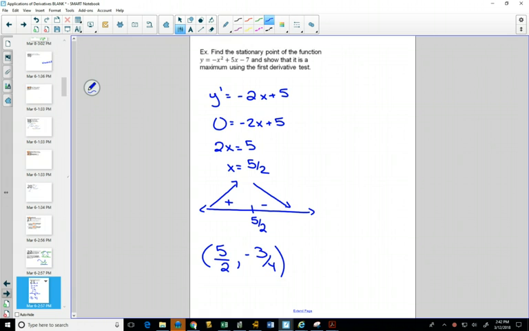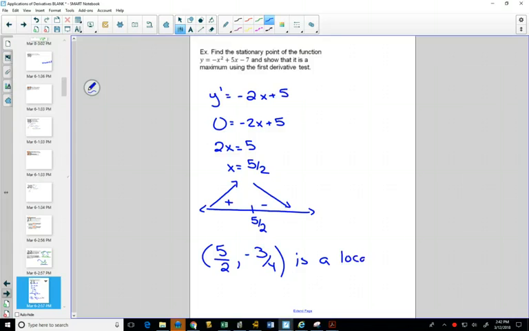Yes, but there's a negative out in front. You'd square this first, and then make it negative. -25 over 4 plus 25 over 2, 25 over 4, minus 28 over 4, -3/4. I think that's right. Okay. And what we can say now is a statement, 5 over 2 comma -3/4